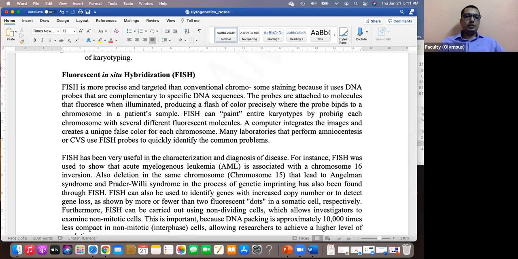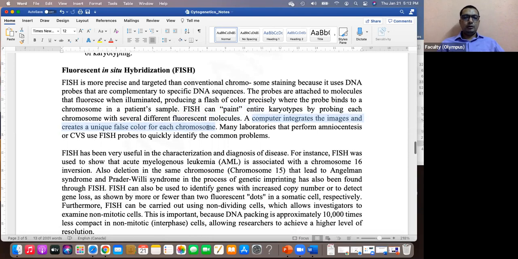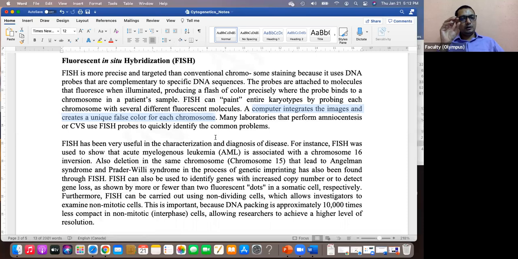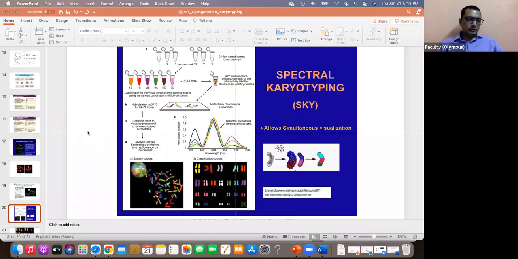So in a way, FISH can be used to paint the entire karyotype. Like that, you can create many probes for several regions on the chromosome. What happens? You will actually highlight several regions and identify the order of all of those regions. So this is exactly what we learned in the gene mapping process. So in the end, once you add several probes to that, I'm going to show you the image on this. You take a computer which integrates the images and shows you specific regions which you can, after analysis, find out if there is any problem with those regions. Okay, for example, I'll show you this image.